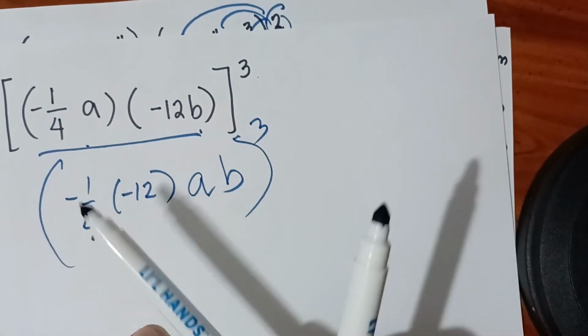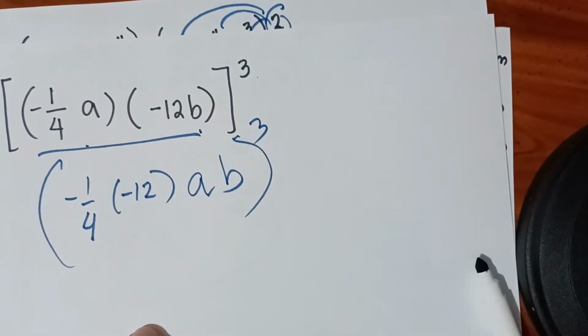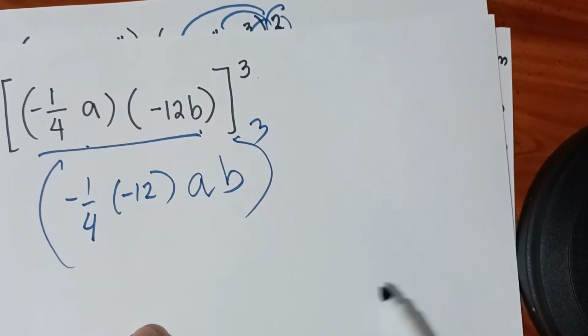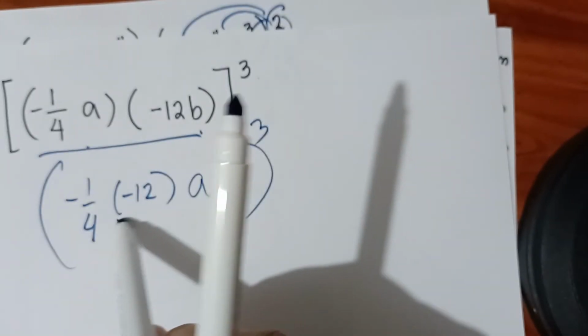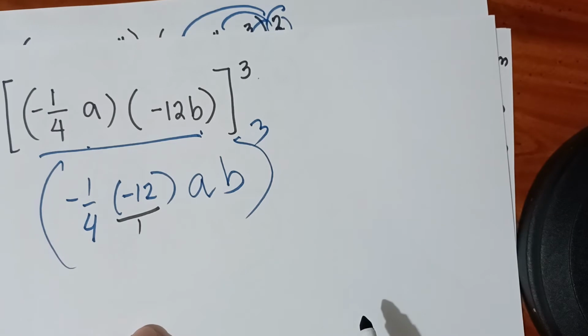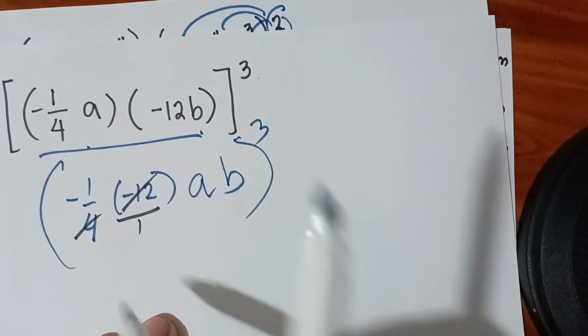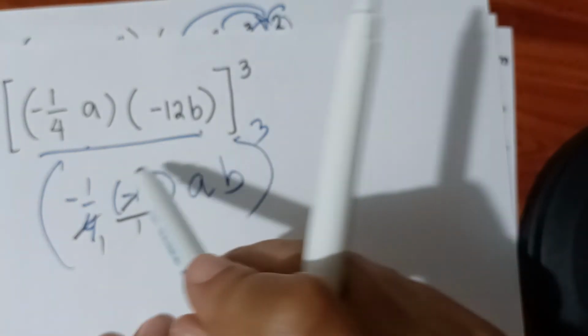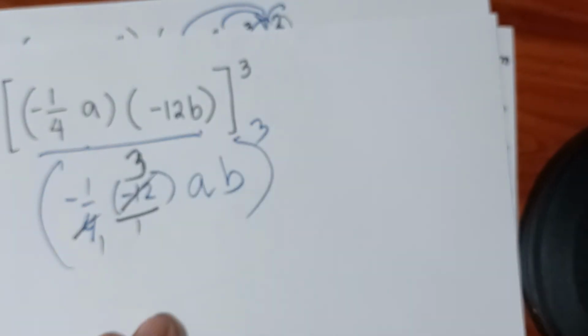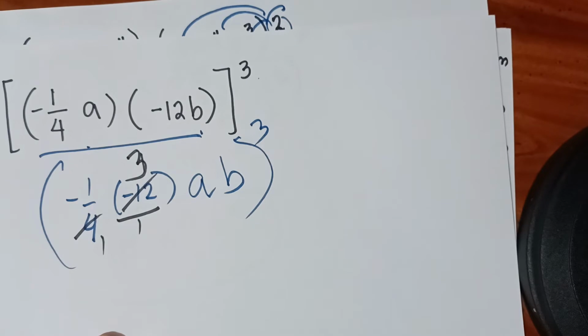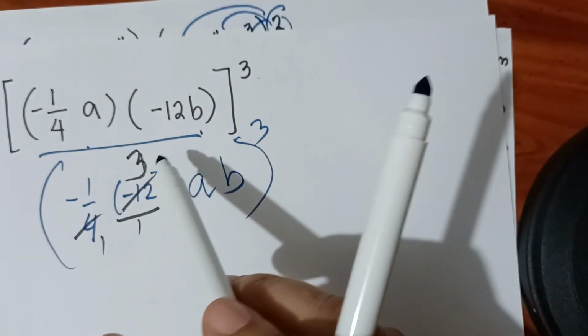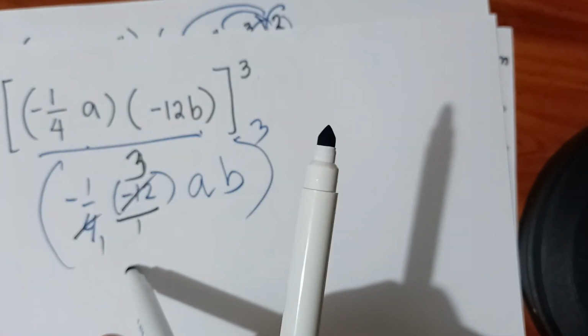So, doing that, fraction times a whole number. If you're writing a fraction to a whole number, anong gagawin natin? We just have to put 1 as the denominator. Okay? And then, you can do cancellation if you can. So, here we can cancel 4 and 12 by dividing it by 4. So, 4 divided by 4 is 1. 12 divided by 4 is 3. Okay? Now, we are ready to multiply. So, negative 1, negative 3. So, that will be